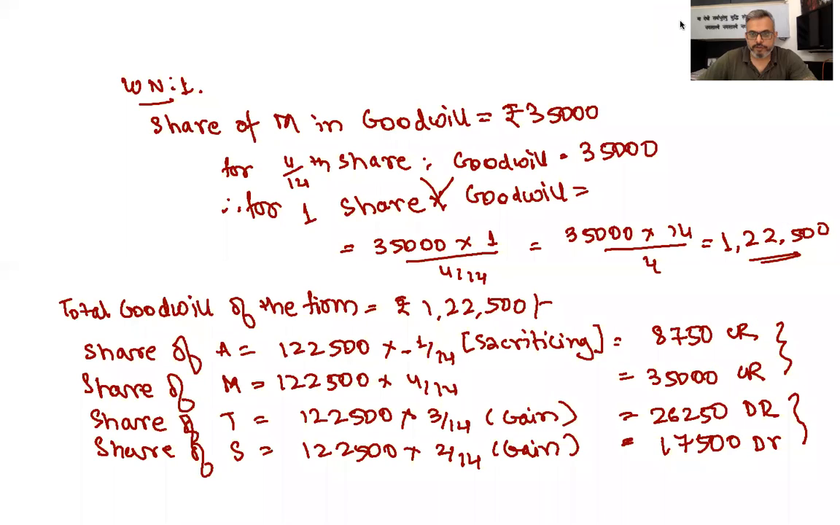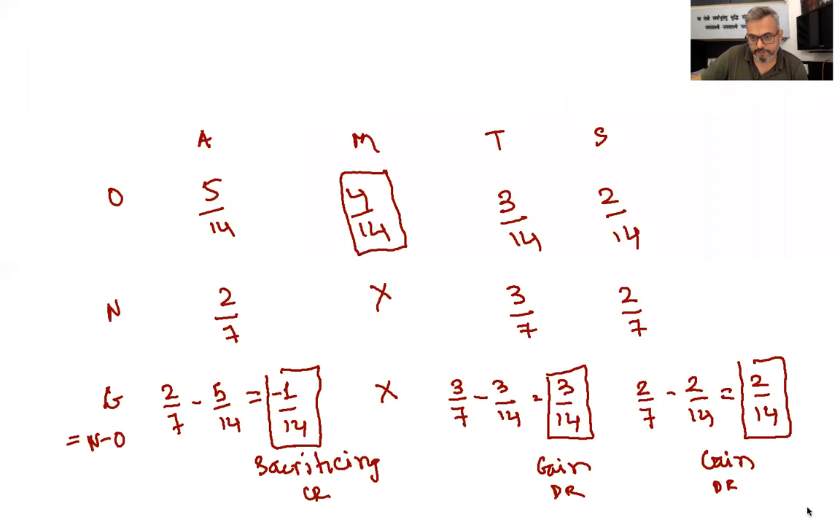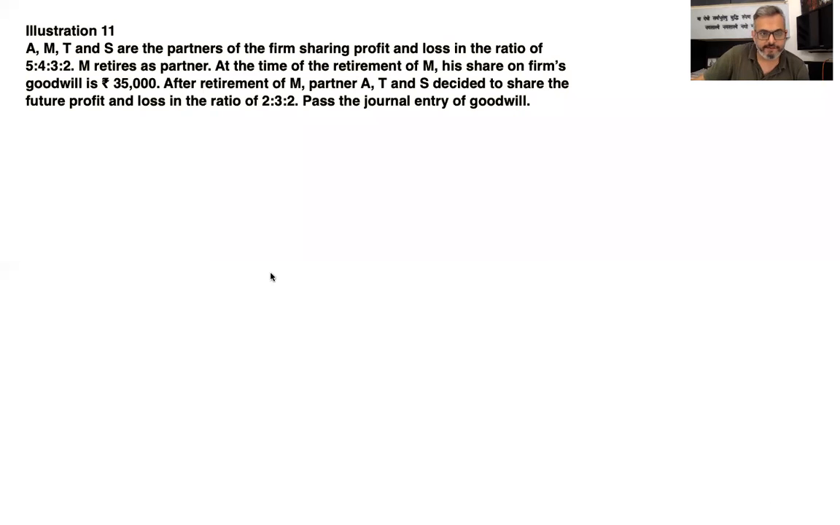Now let's go to the entry. Now keep this in mind and we make the entry. So the entry goes this way. Now जिसको भी गेन हुआ है उसको डेबिट करना है. तो गेन किसको हुआ है? If you are not able to recall, go to the working. गेन हुआ है T और S को. So T's